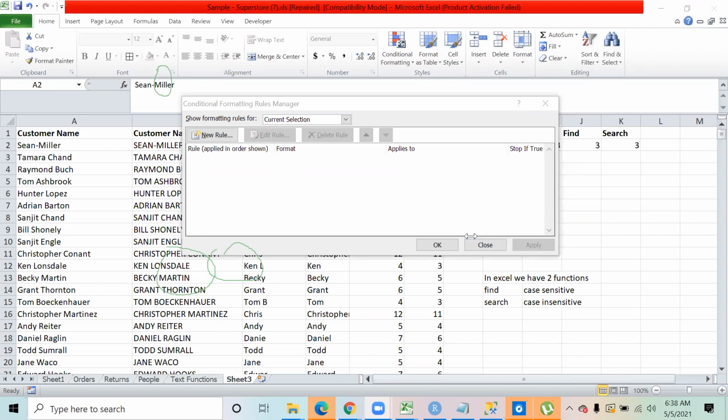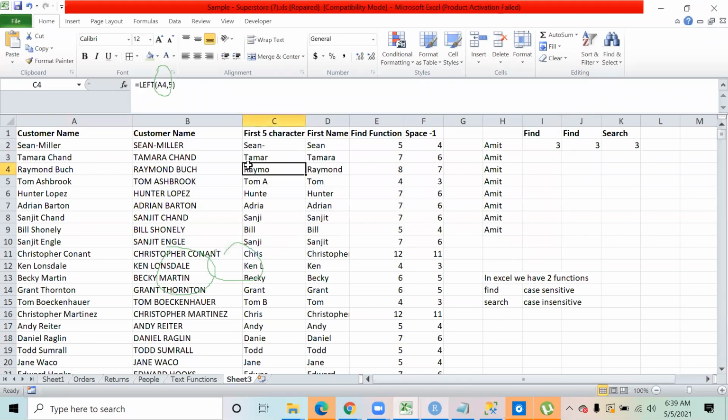Sorry, one quick last question. I'll just wind up with this question. This is my last question. Can the formulas be nested, because you taught left, right, upper, lower? After finding the first name, if I want to convert that to uppercase, I can nest the formulas, right? Yes, nested.